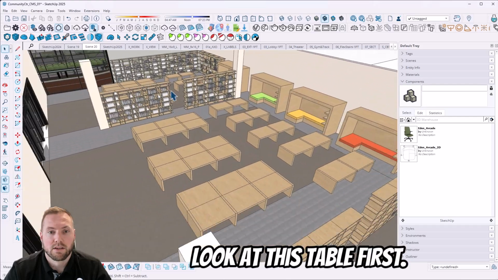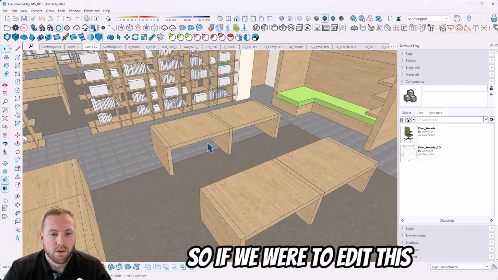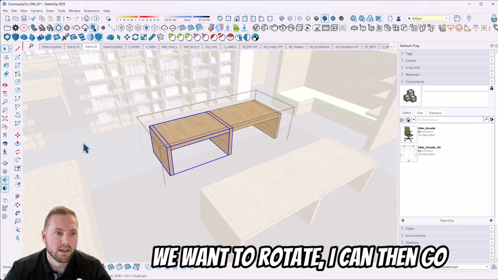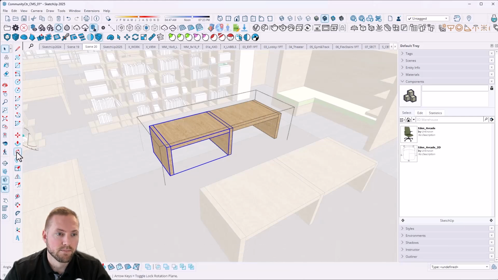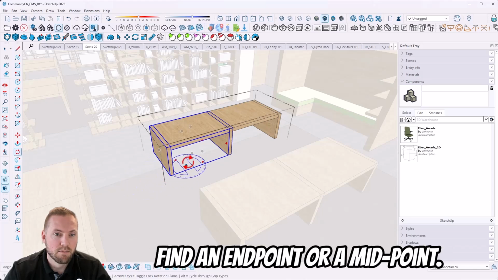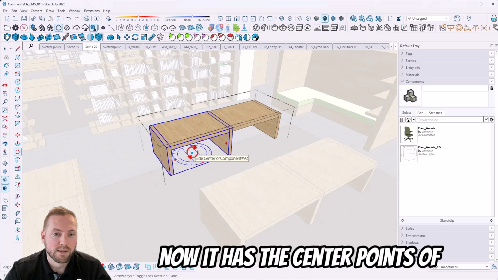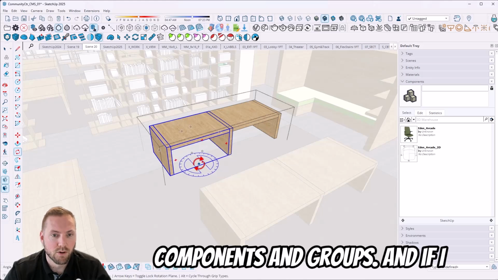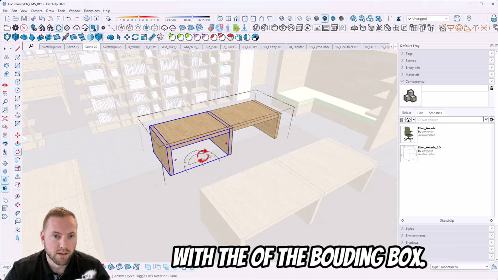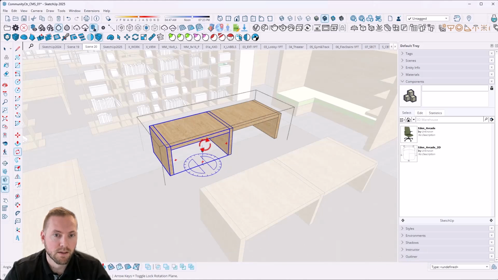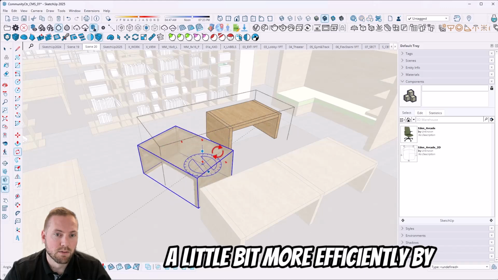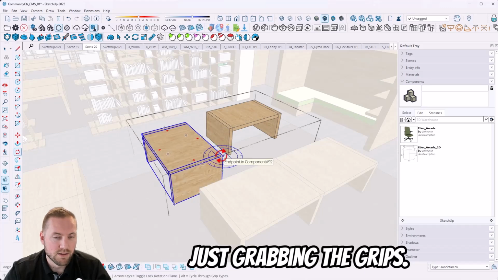and look at this table first. So if we were to edit this component and select the table we want to rotate, I can then go and get the Rotate tool. Previously you would just have to find an endpoint or an arc, but now it has the center points of components and groups, and if I tap the Alt button on my keyboard, it will find the midpoint of the bounding box. So this enables us to do some rotating a little bit more efficiently by just grabbing those snaps,